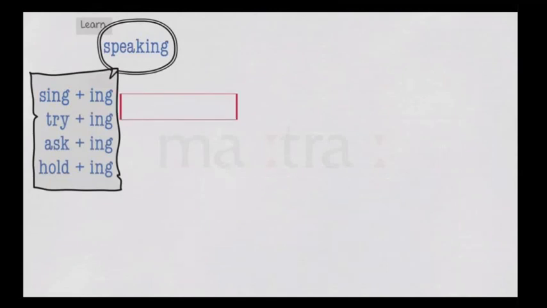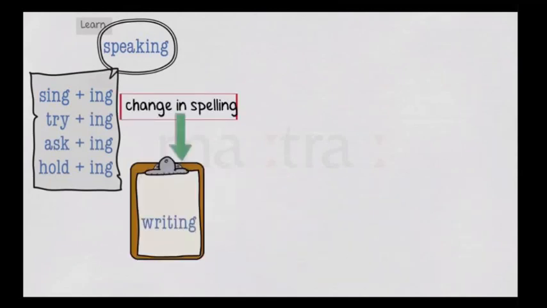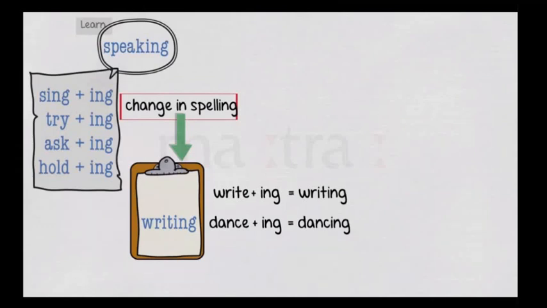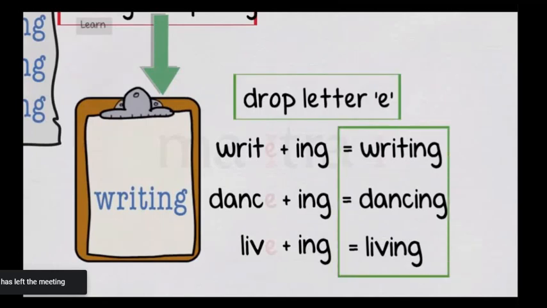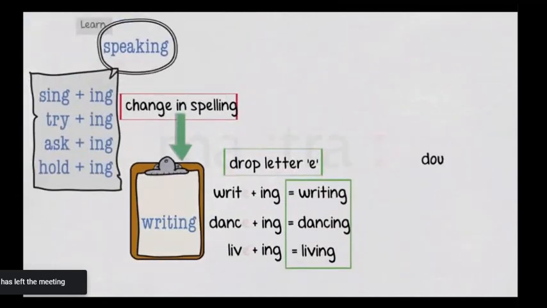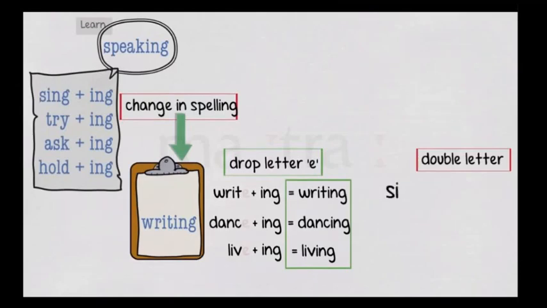While it is an easy thing to add ing to the end of the word while speaking, some of these words have a change in spelling while writing. Write plus ing is writing. Dance and ing is dancing. Live plus ing is living. The E is dropped. Some words take a double letter. For example, sit becomes